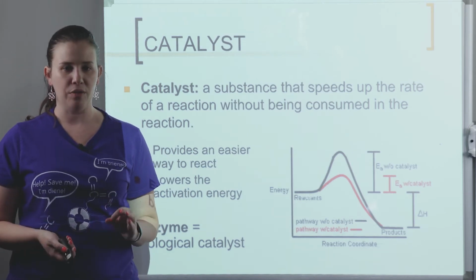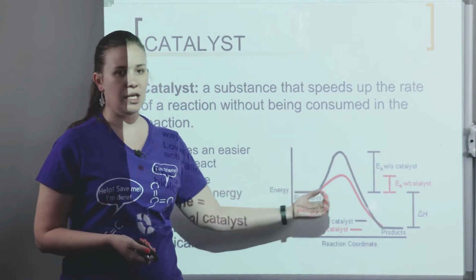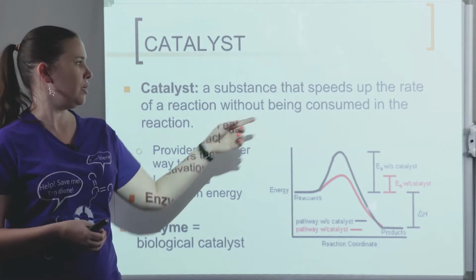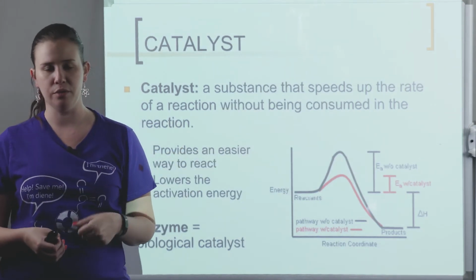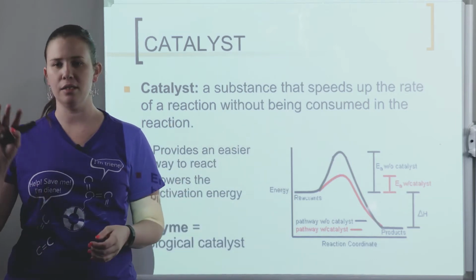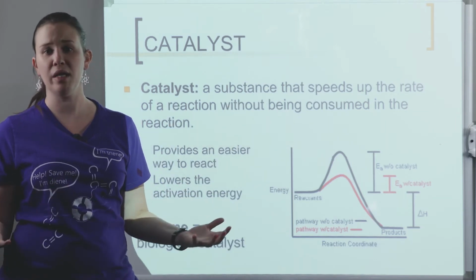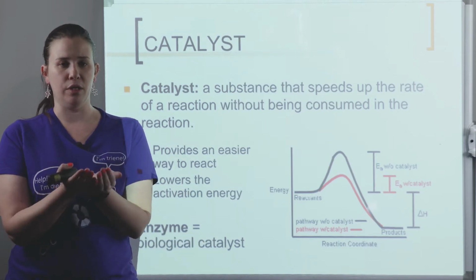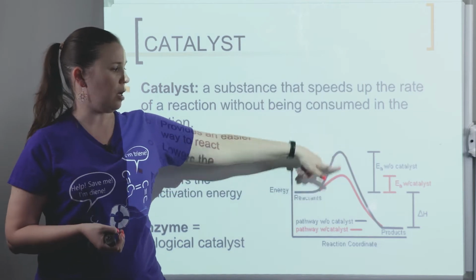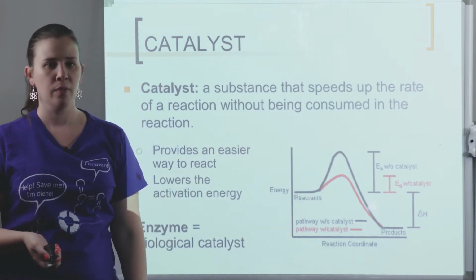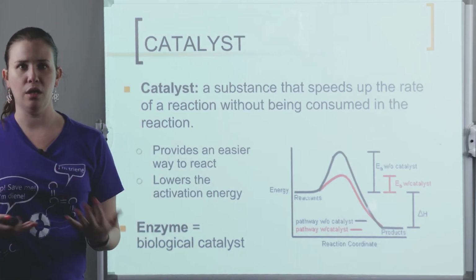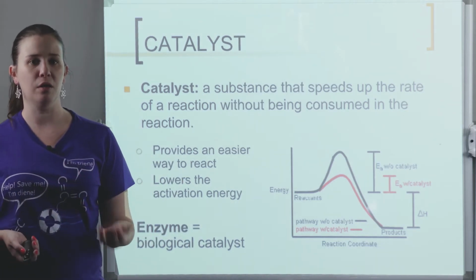Something else to point out with a catalyst is that it's there as a temporary landing spot. It does not become part of the product. It is not consumed in the reaction. It's the exact same substance at the beginning as it is at the end. You can think of it as a spectator. All it's there for is to support the reaction, to give it a landing spot that does not require as much energy. And something that would get in the way of the correct orientation would be called an inhibitor, the